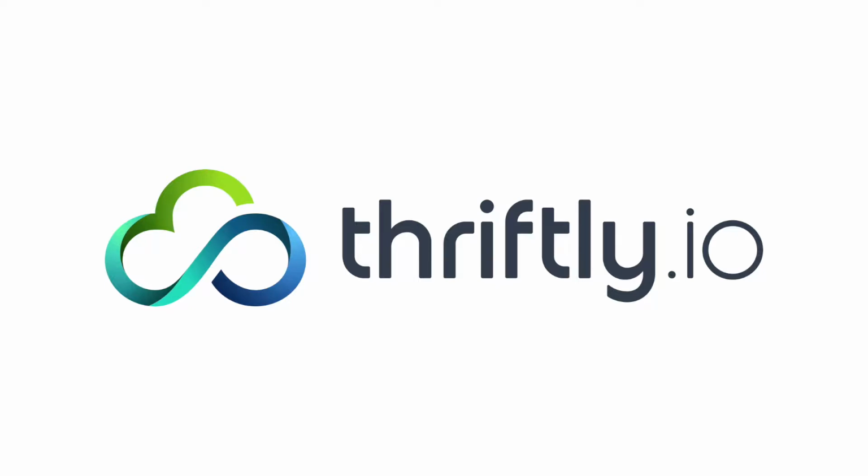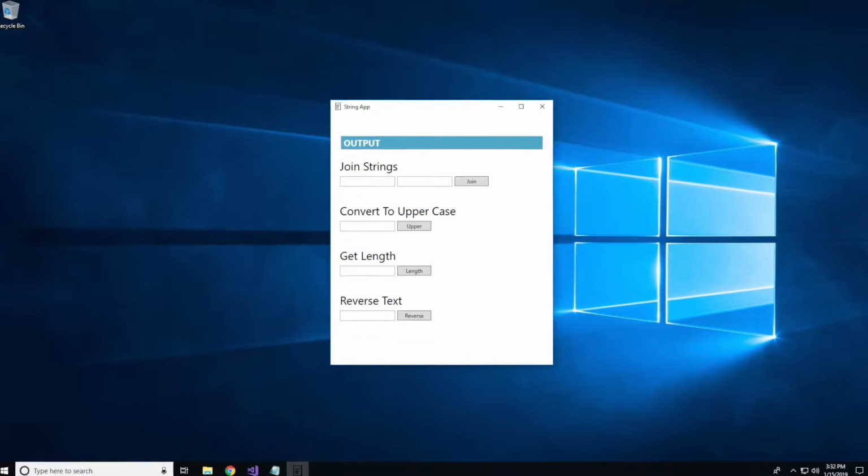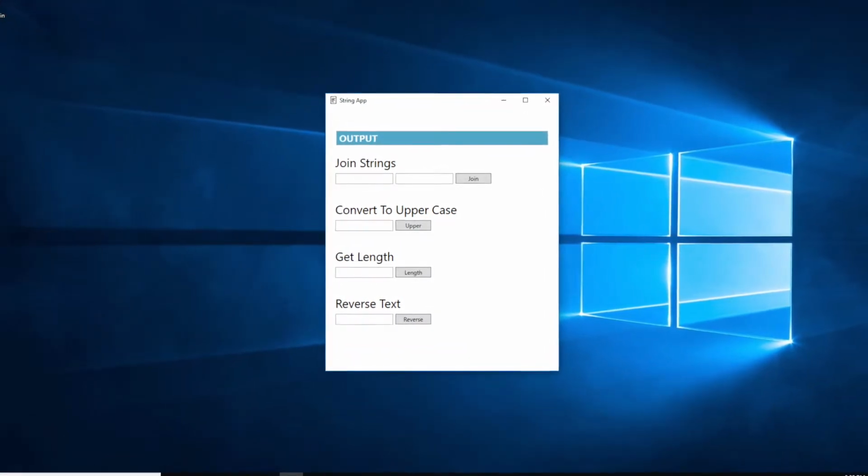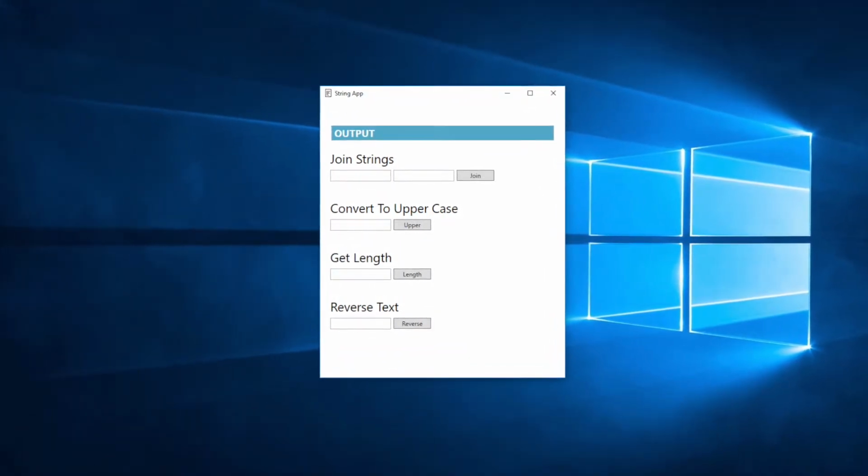Your existing business logic has value, and with the help of Thriftly, you can adapt your current Windows solution to take advantage of these modern, cloud-based solutions today, without the need for expensive migrations or massive code rewrites. In this tutorial, I will demonstrate how you can adapt your existing graphical user interface to publish an API